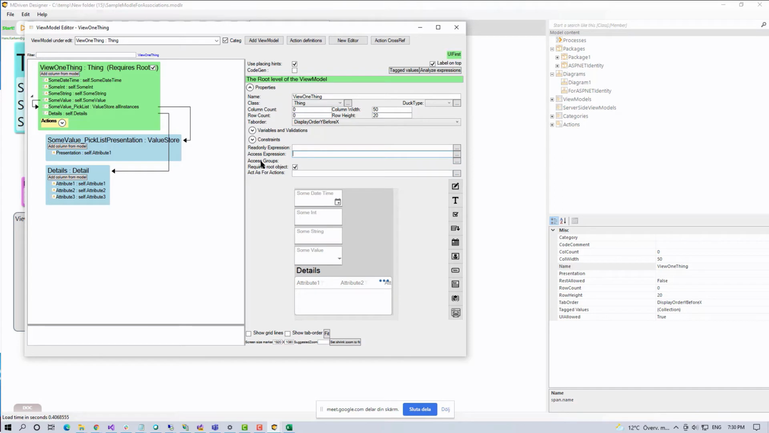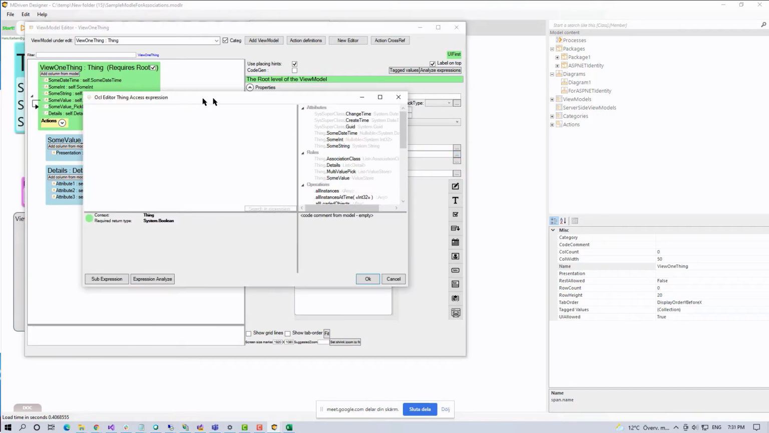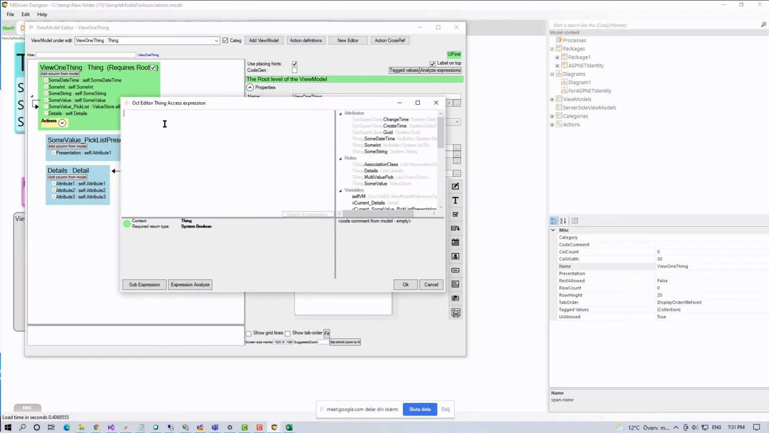So what's the difference between the access groups and the access expression? The access groups, you don't have the context for the root object. So maybe you, Bengt, are allowed to see a few things, but not all things. And then I can have an expression that says that you can see things that you own, that a logged in user owns,